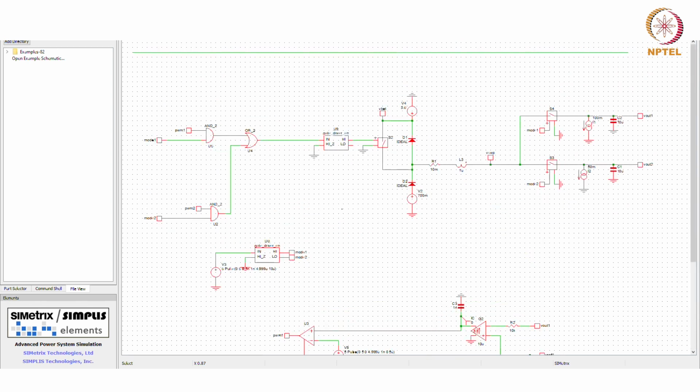Okay, so this you can do with boost also. With boost it is even simpler because the boost switch is at the output, so you just connect one more switch in parallel, you are done. So the number of switches required in the boost will be less compared to what you need in the buck. Here each output requires a switch. There, in any case, you have one switch at the output, so connect another switch in parallel with that, and take another output. So all the switches will be connected in parallel. And one switch for charging the inductor, which connects the inductor to ground, will be common to all.